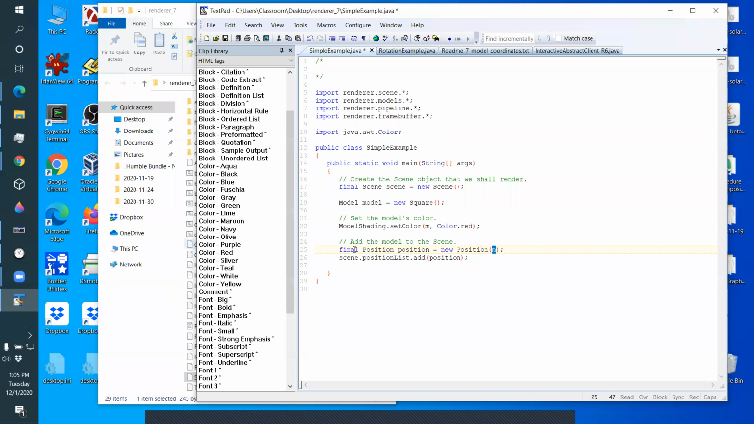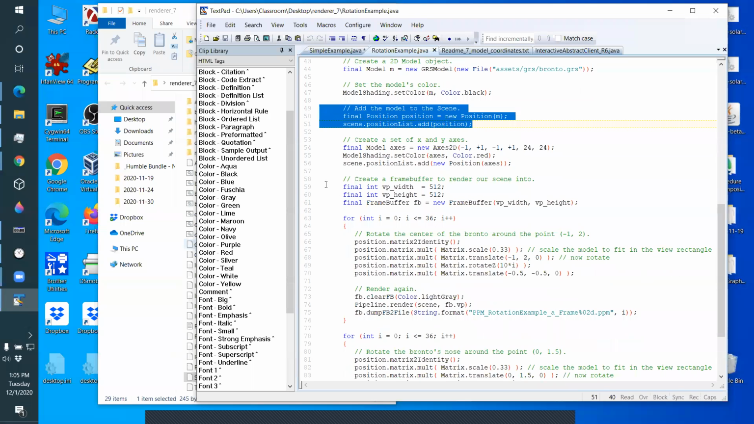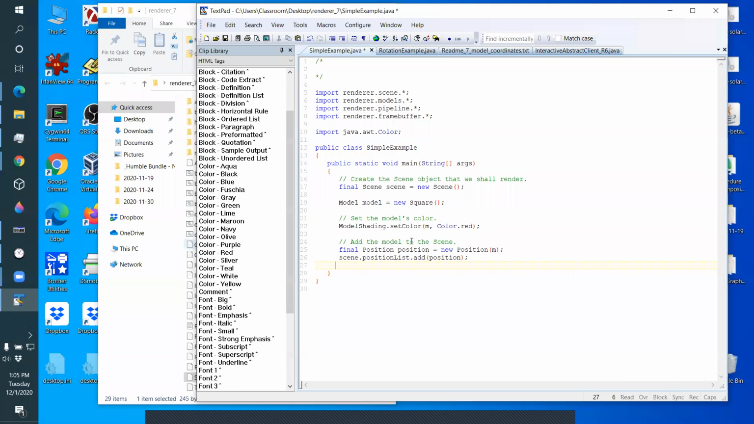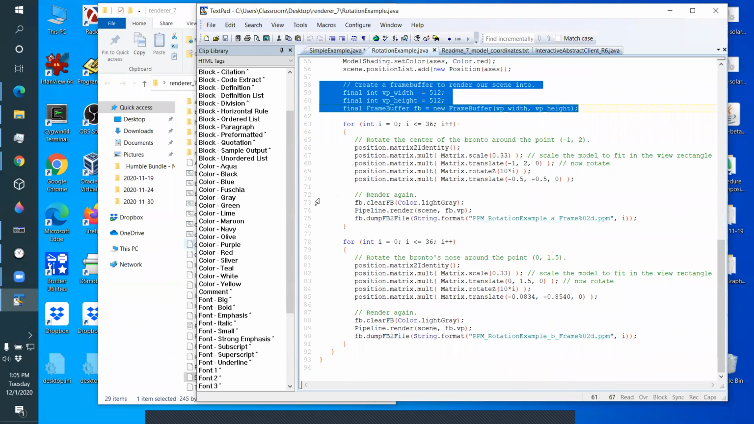Now that creates the position. Then we need to add it to the scene's position list. We add that position. All right. Then we need to create a frame buffer. Create a small frame buffer. And then let's just render